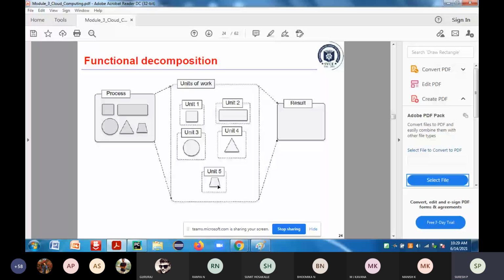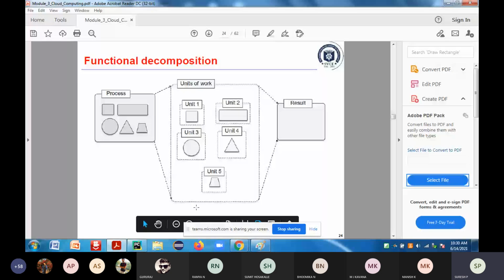So I have to calculate the result as a whole now. So it will be combined together here, and it is going to give you the different areas for different shapes which have been allocated. So you can see the units of work here. So the decomposition of the problem is performed in separate units of work.